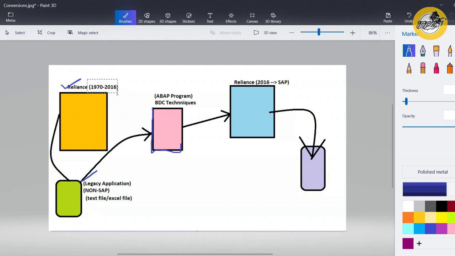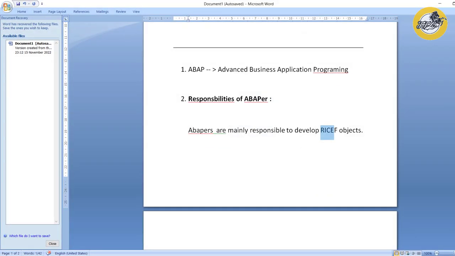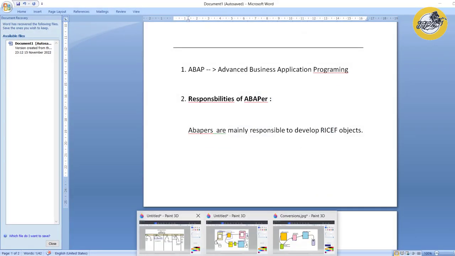So you came to know that, right? So what is the main difference between conversions and interface? The main difference is, in conversions, we will do conversion only once. Coming to interface, it is a regular process which will occur periodically based upon requirements. So coming to the next one,